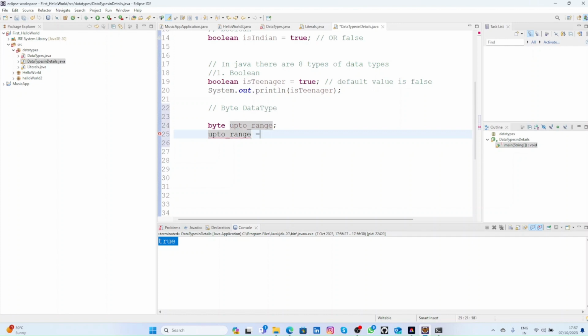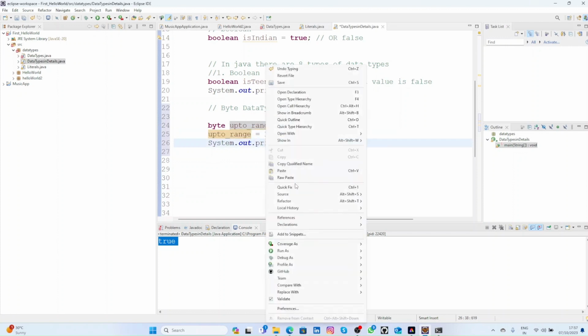Let's initialize this to 124. So it will hold values from minus 124 to plus 124. If I use upToRange here,